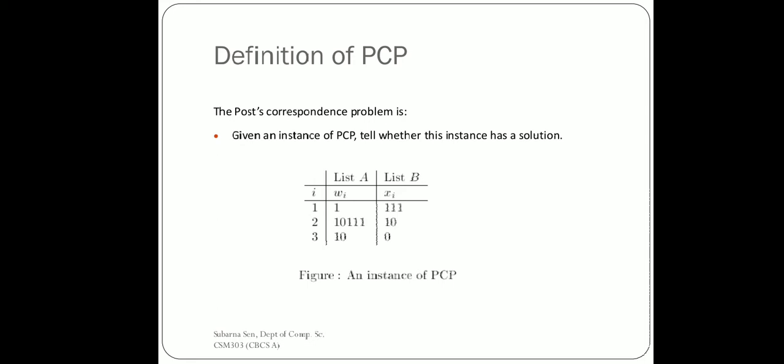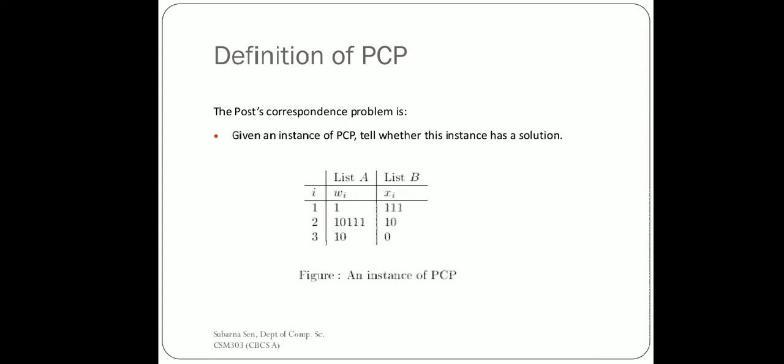Since it has 3 instances, list B should have 3 instances as well, so it is having 3 instances. Now we will see an example, or rather we will work on this example only, and you can see that at the end of the day we'll come to the conclusion that this set of problems is having a solution. That means after arranging W's in a certain fashion and applying that fashion to list B, we can come up with the same sort of strings,